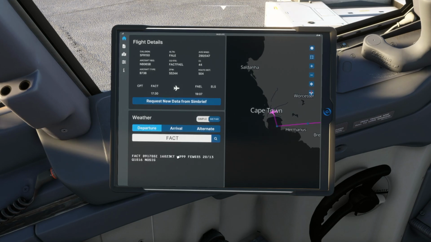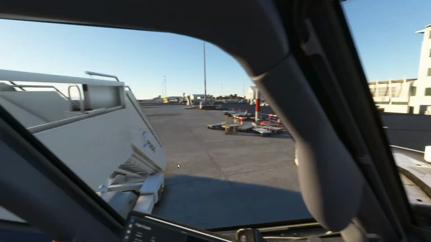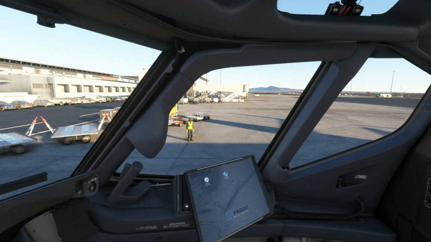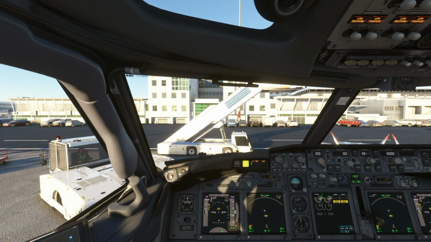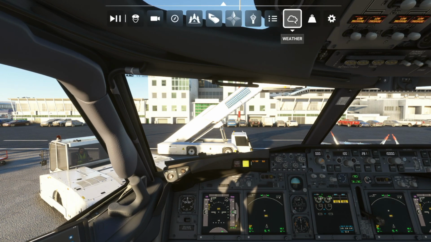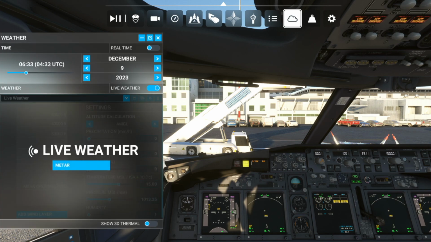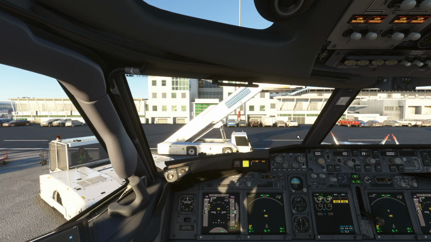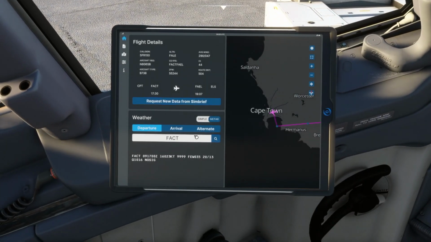So let's actually just check the weather. So here, looking nice, 20 degrees. Really not much to talk about in terms of clouds or anything. It says a few clouds at 3,500. I don't see any at all. Okay, if we look at